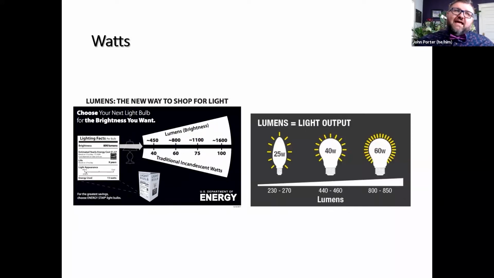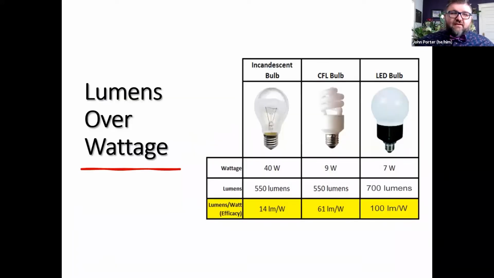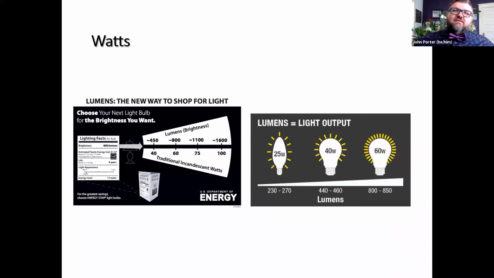So when we're talking about lights, we used to buy them in watts. You would get a 40-watt bulb, a 60-watt bulb. Those are for incandescent bulbs. But now we have lots of different types of bulbs, and LEDs are becoming popular, compact fluorescents. And so we're talking about lumens, which is the actual light output, not the energy usage.